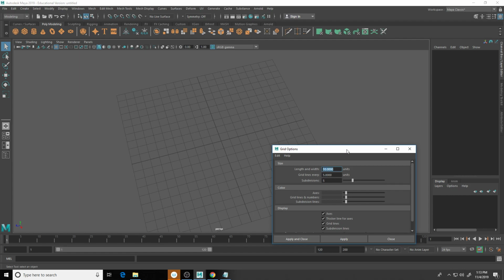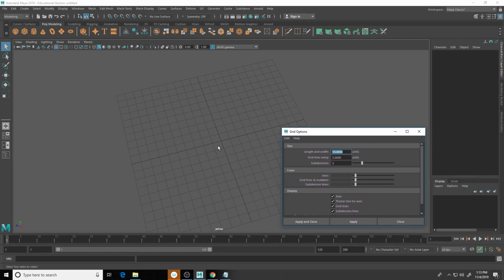Yes. So it's basically just 10 centimeters. Right now, each one of these squares is 10 centimeters-ish, because these are 10, and we have a grid line every 5. We have set the units to be centimeters. So if I said 1 and 10,